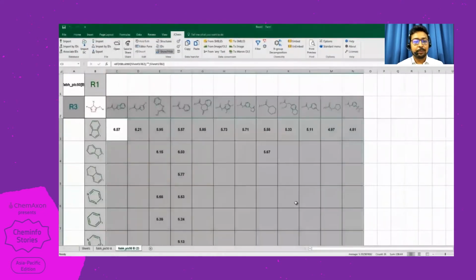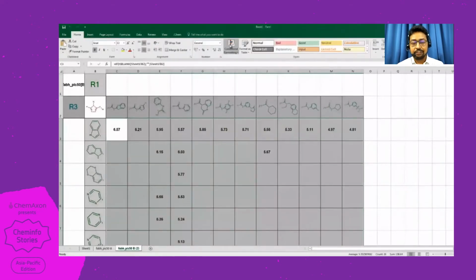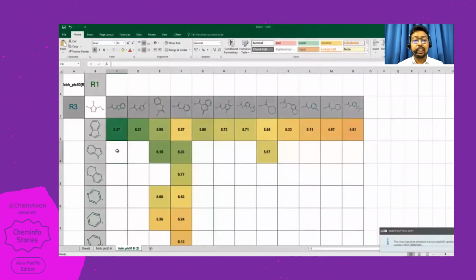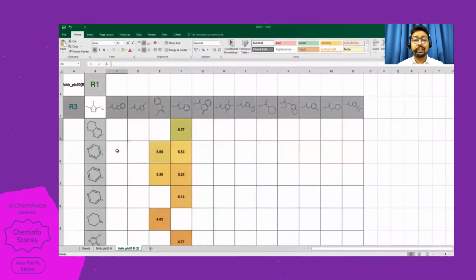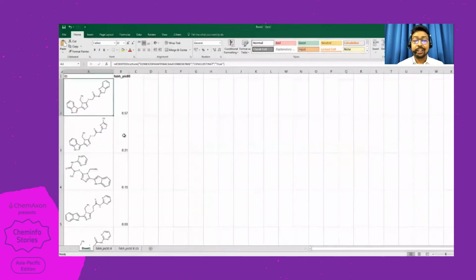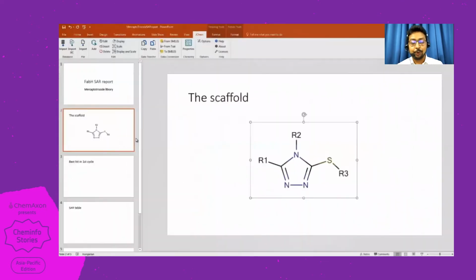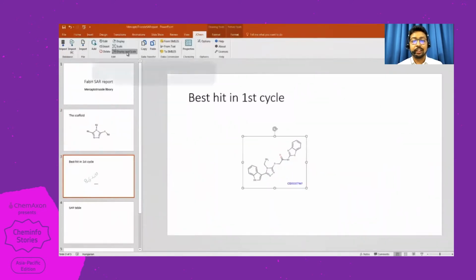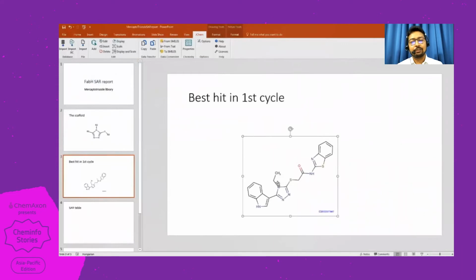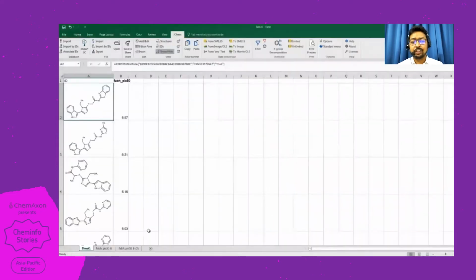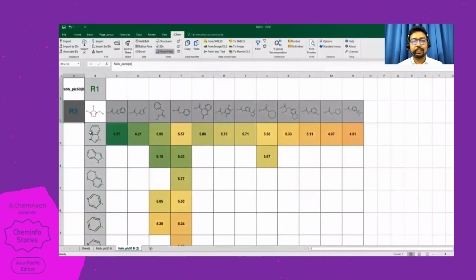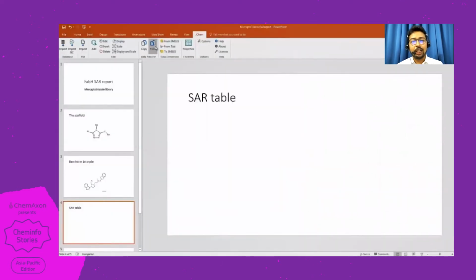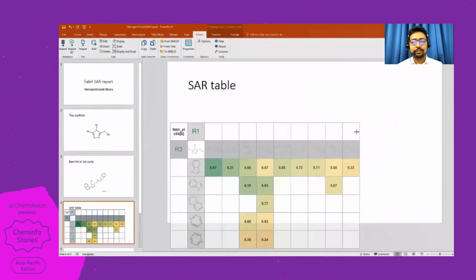Now you see it gives us the plot with the values of IC50. Now we will quickly color it based on the conditional formatting. Now very quickly it automatically gives us the trends in this SAR analysis. We can shortlist the most potent one. Okay, so we will just copy paste it for our records that this is the most potent one in the first cycle, and we can resize it in PowerPoint. Then probably for our records, we will also copy the relevant part of the SAR table so that we can share it with our colleagues. Now, once we have done that, we can resize it as per our liking.